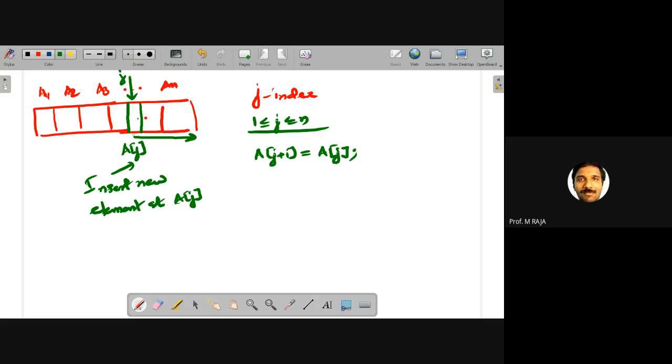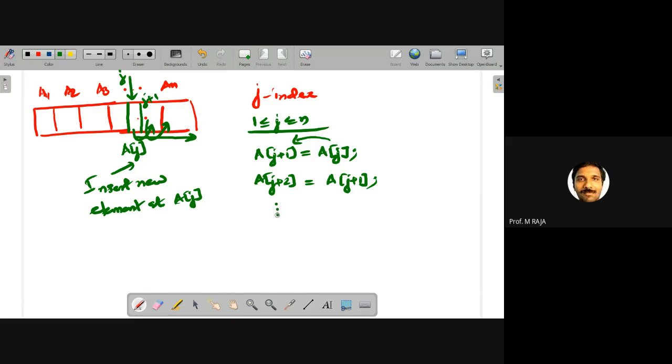Whatever we have in the current a of j is moved to the j plus 1 location. A of j is assigned to a of j plus 1. A of j plus 2 is assigned the value of a of j plus 1. That means this j plus 1 is moved one position right,